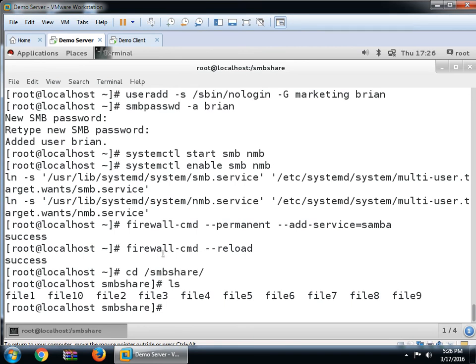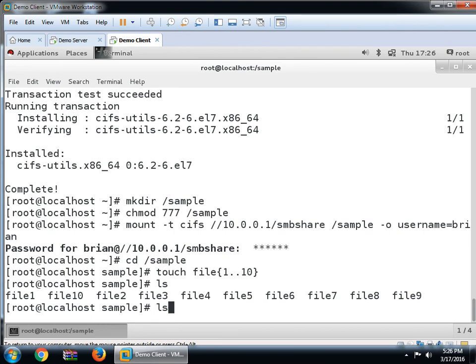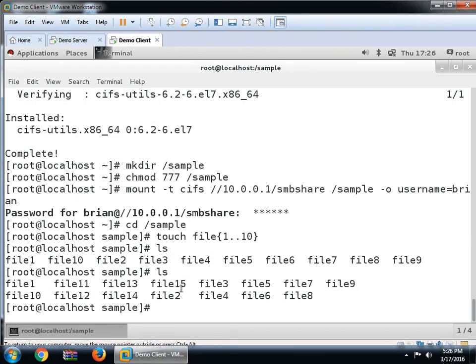Here if you create anything, like touch file 11 to 15, it will be created here. See this, 11 to 15. So you can take one Windows machine also, so that it will interact with the Samba server.